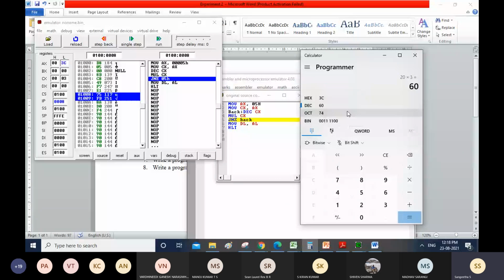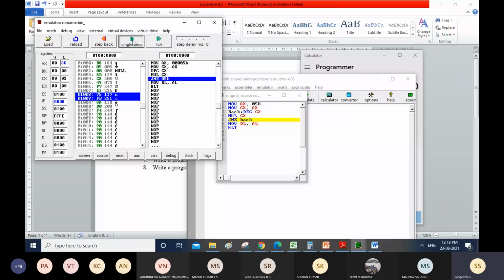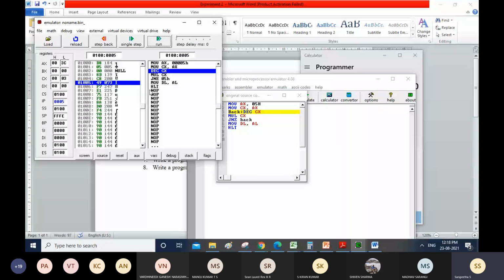Once you further execute, because my value didn't decrement below 0, it didn't come to 0, there is no return to 0. Again, it will go to this label. Further, in the next step when you execute, the CX value will be decremented. You will get 2. Next step, the value of CX will again be multiplied with AX.